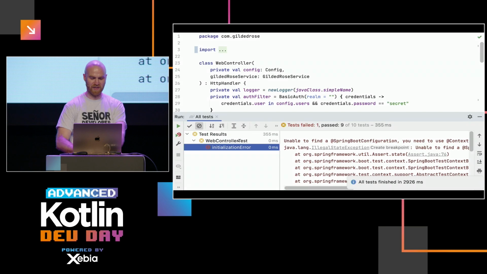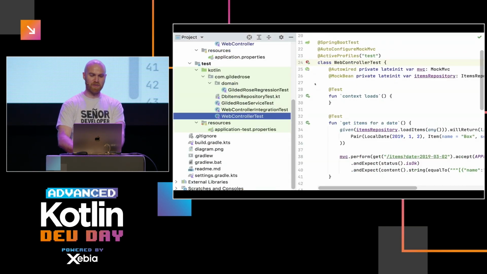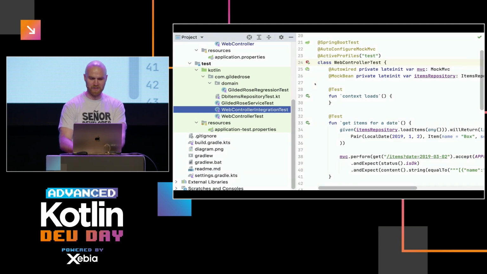And one test is failing, which is the WebController test. That's the test, if you remember, which uses MockMvc. That's the interesting thing. We deleted the whole WebController, but it doesn't tell us that we should delete this test too. To be fair, the distinction here is that MockMvc tests the web server in memory without starting a real server. But because our web controller now is a function, we could just test this function in a similar way. I think there is overlap though between the WebController integration test and the WebController test,